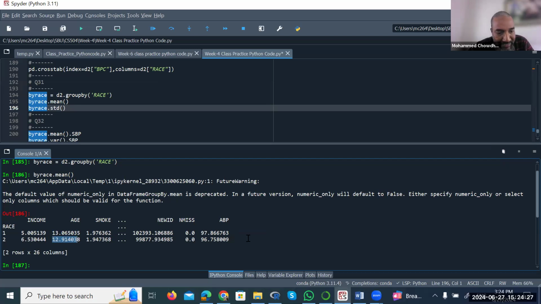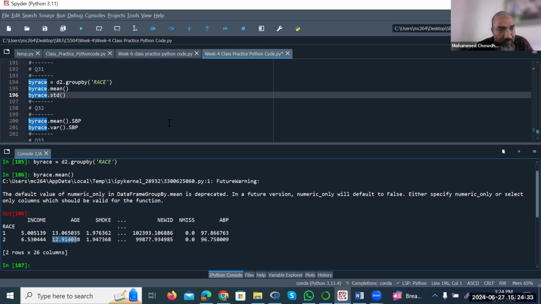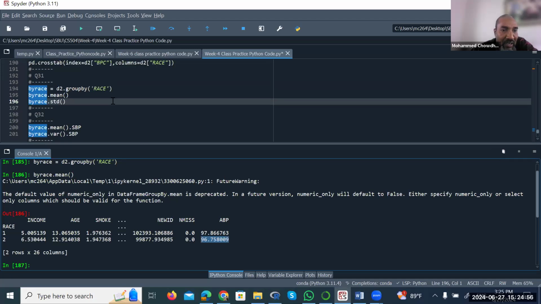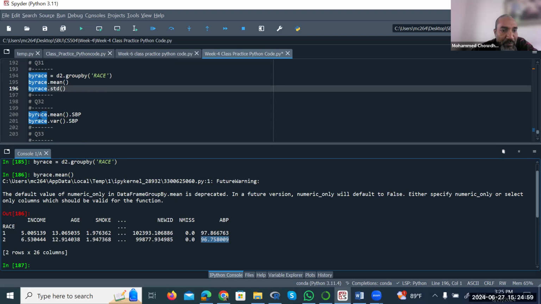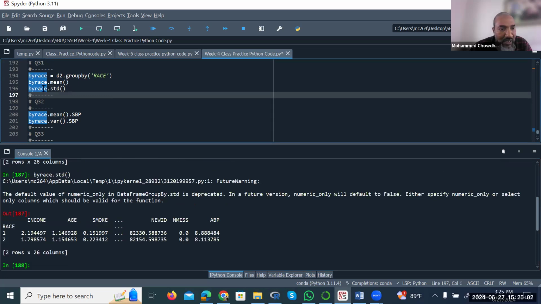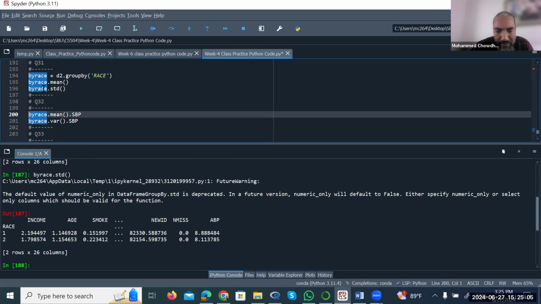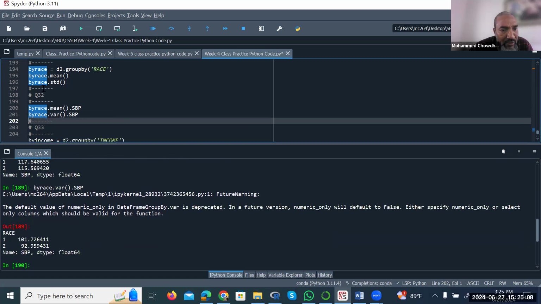Okay. Mean age of the mean average blood pressure for race 1 is 97.86. Mean average blood pressure for race 2 is 96.75. So this is the way other mean things could be computed. This is the standard deviation one, and that is by race, SBP,